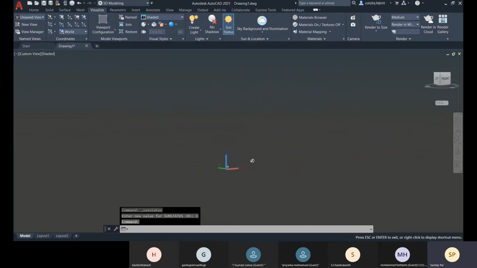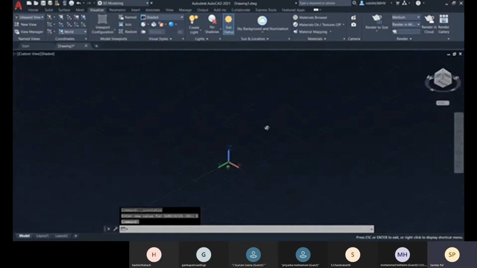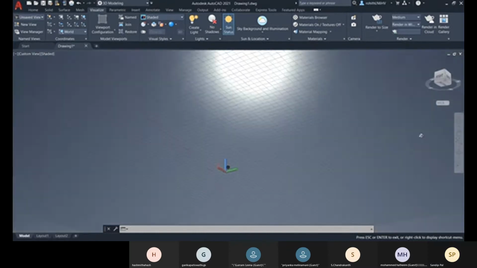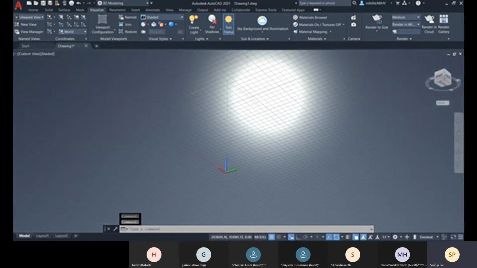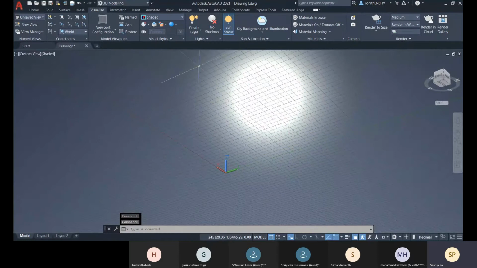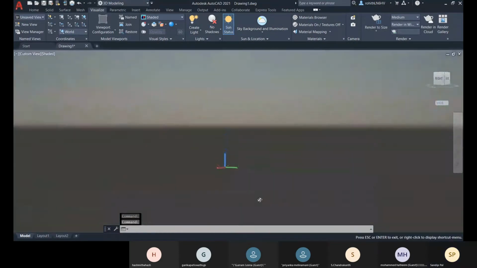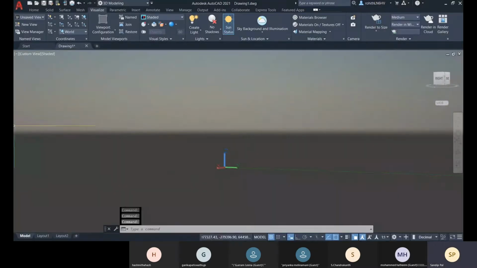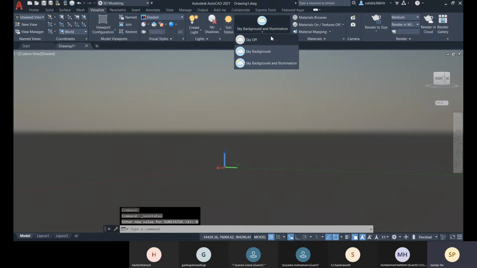So the timing needs to be set. So there you can see the sun. We have all this. Okay, so we will come to this part later.